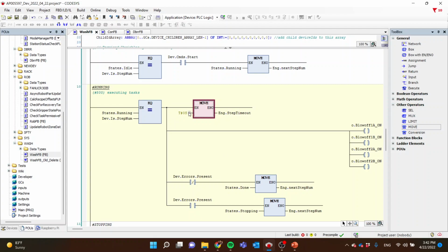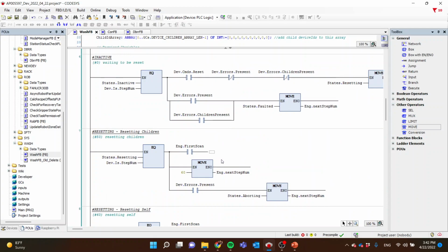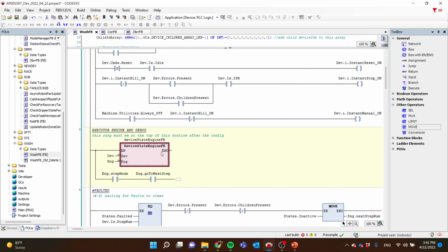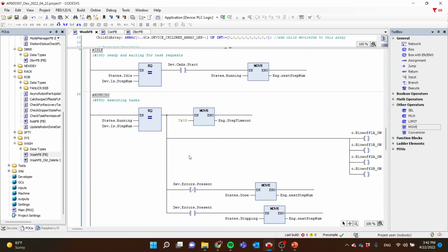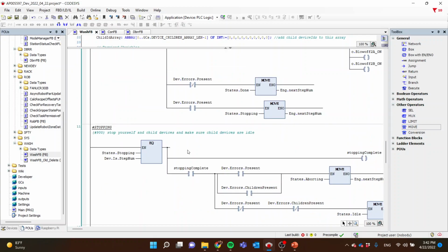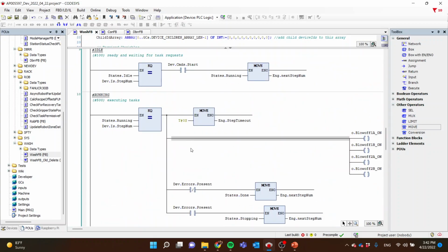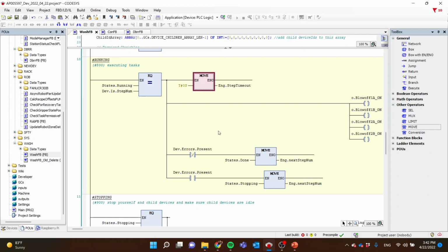If we didn't put this block here and we stayed in this step for 5 seconds or longer, we would trigger an error. The device state engine would trigger an error, and then we would go through a faulted, stopping to aborting to kill to faulted sequence. But since we need to stay here longer than 5 seconds, I'm just going to ignore that warning altogether. And I'll still leave in this transition logic to say, okay, if there's no errors present and there's no start command,